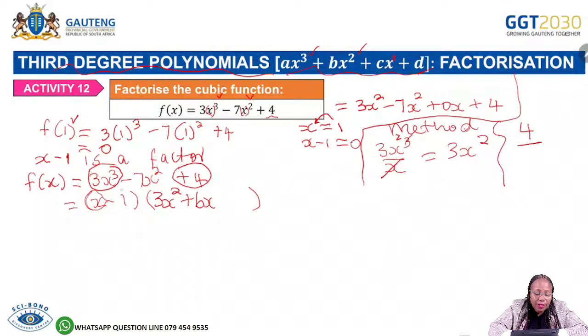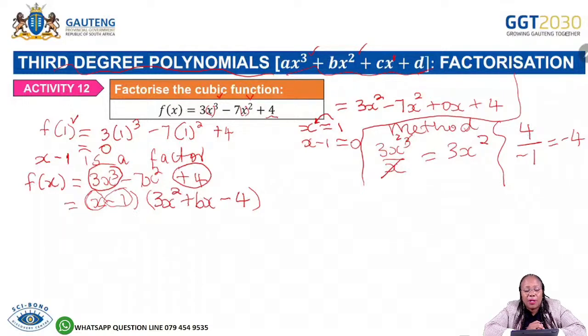We divide it by minus 1 from the first factor there. And then this is giving us minus 4. Then minus 4 will be the last factor for that bracket. You can even test: x times 3x squared is 3x cubed. Minus 1 times minus 4 will be positive 4. We are left with only the value of b. All we need is the value of b there. And then to find b,